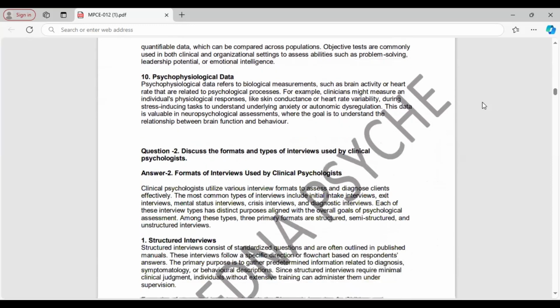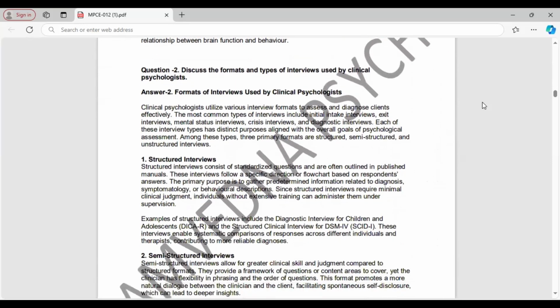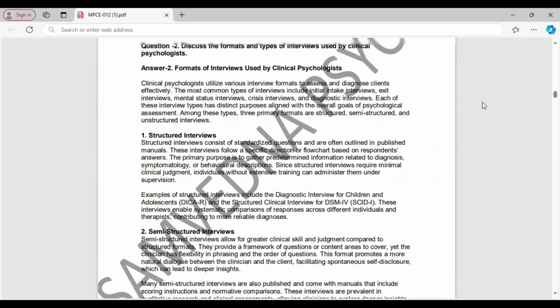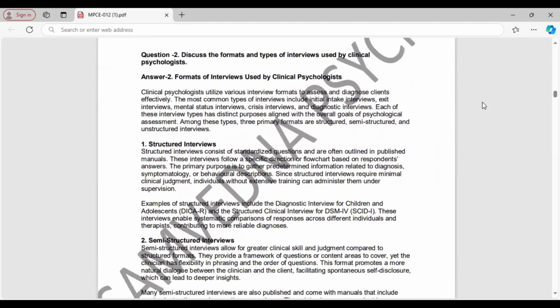Question 2. Discuss the formats and types of interviews used by clinical psychologists. Clinical psychologists employ different interview formats to assess and diagnose clients, including structured, semi-structured, and unstructured formats. Each format offers unique advantages depending on the assessment context. Like structured interviews,